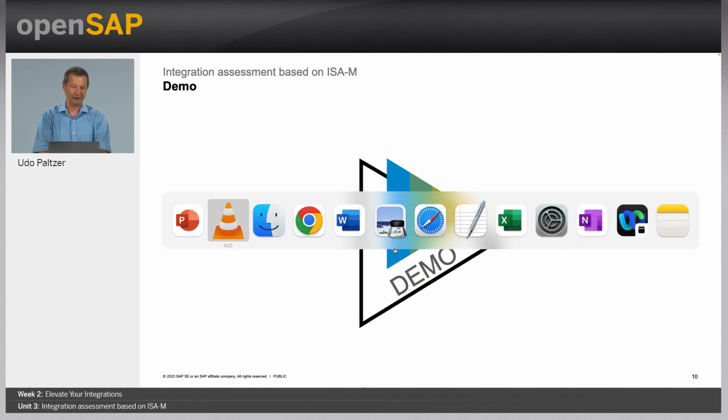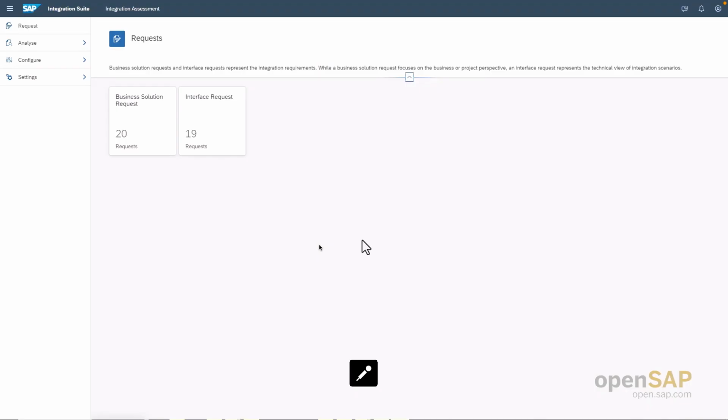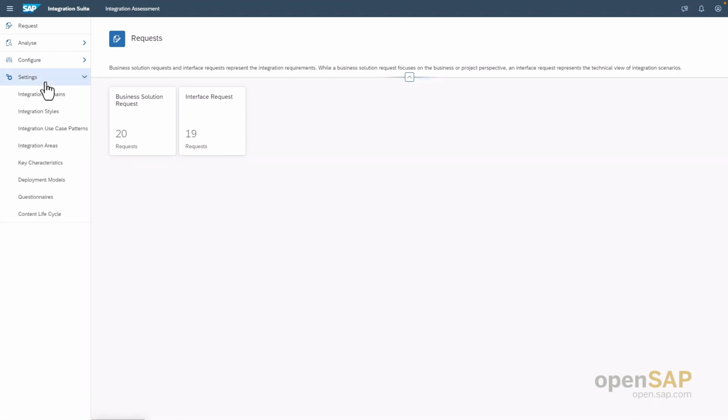So how does the integration assessment capability look in real life? Now we are here in the integration assessment capability of SAP Integration Suite. In the middle, we see the 2 requests: the business solution request, which is created and submitted by the business domain expert, as well as the interface request, which is then submitted by the integration developer. But before we start on the requests, we switch the role into the integration architect, who will first go into